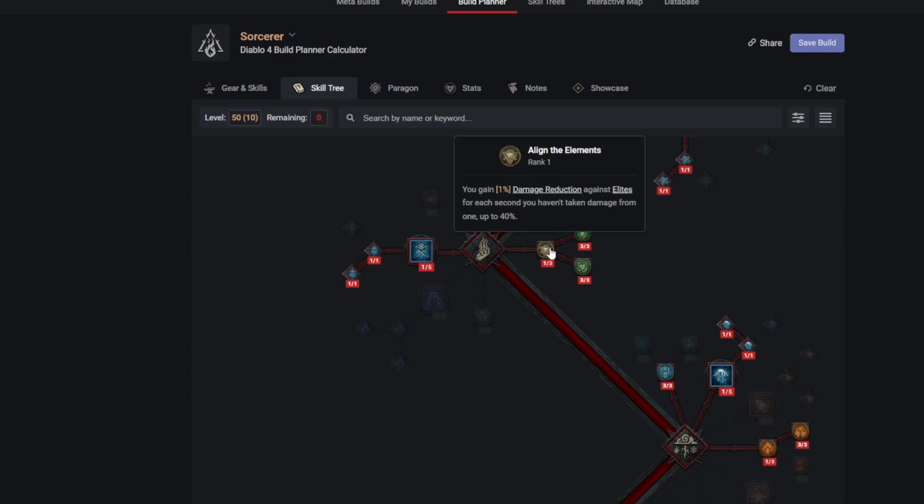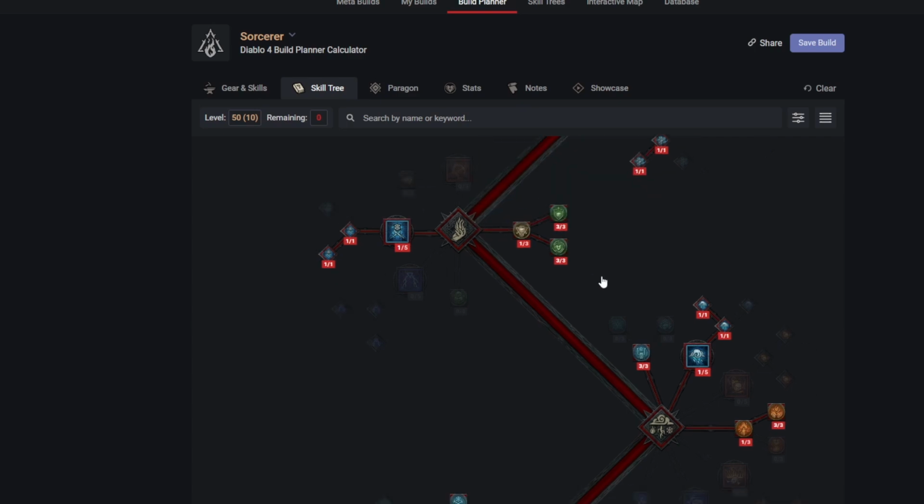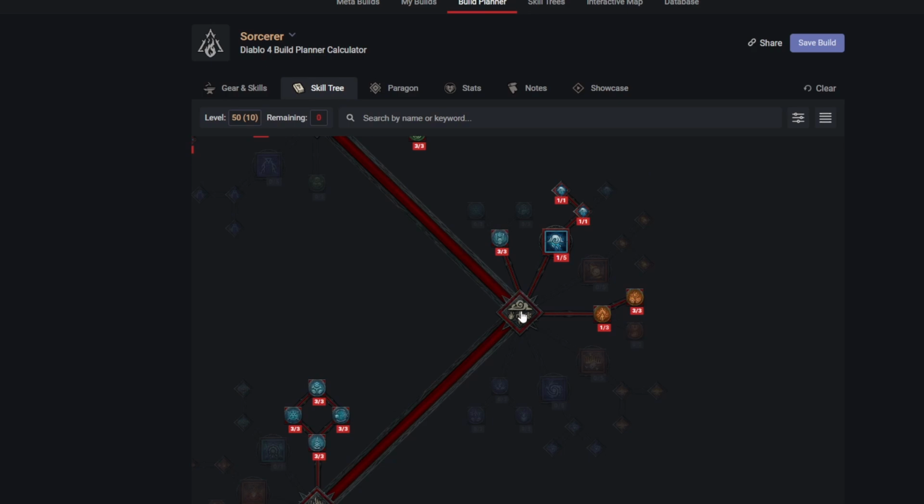I put 1 point into Align the Elements to unlock both these green keystone nodes. I put 3 points into Mana Shield, and I put 3 points into Protection. So you use a cooldown, you get barrier. Spend mana, you get damage reduction. Down here to the